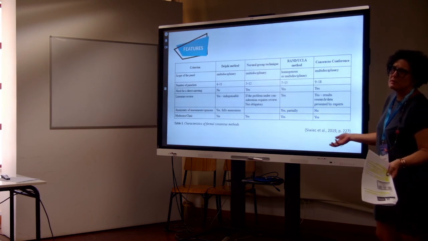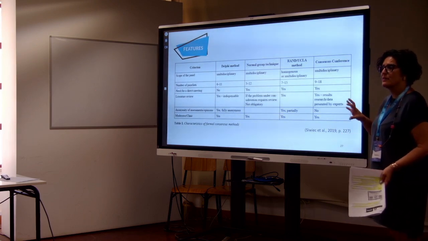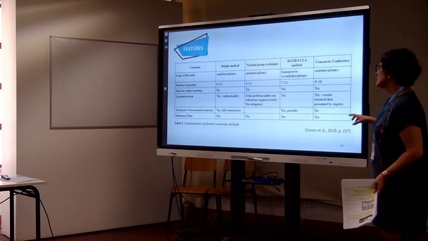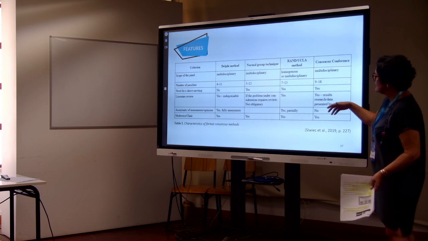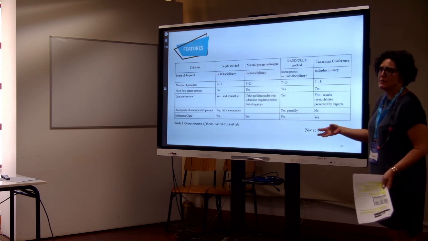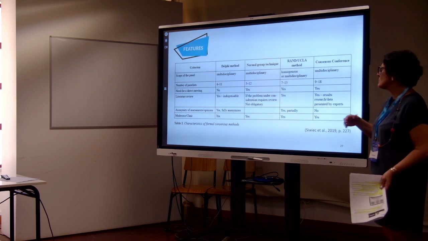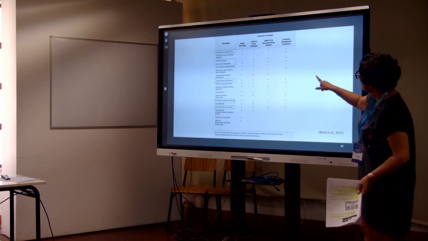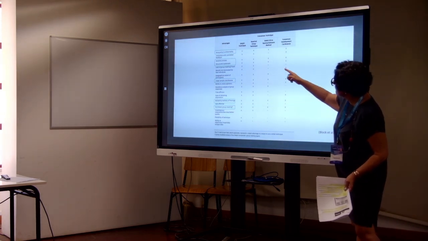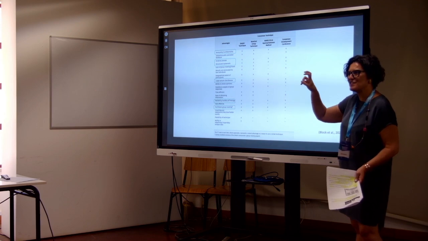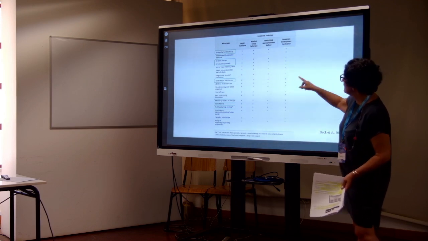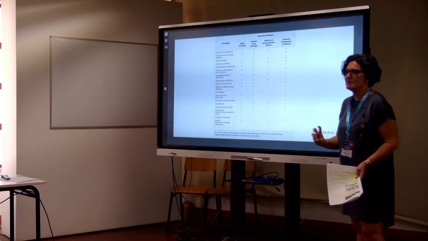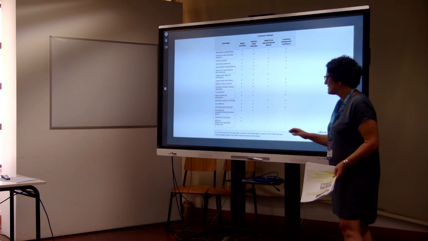So again, we will give you this presentation. You have several tables that can be very useful for you to understand and to differentiate the several methods. There are differences in the number of participants, in the process, but they are always structured, and this is very relevant. We have here, for example, in green, the consensus between the methods, what the common stages are, and also what differentiates these methods.